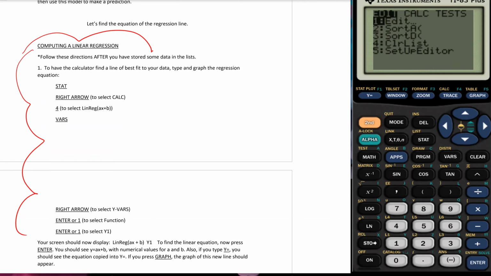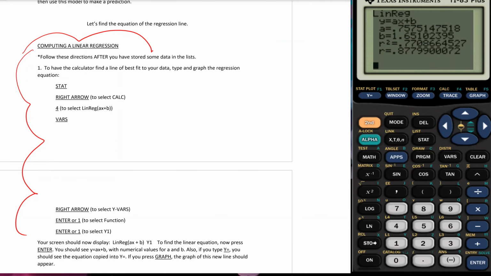by going back to stat. We're going to go over to calculate, and we're going to go down to the number 4. We're going to hit enter. But I know I'm going to do some math with this equation that I'm going to find. So I'm going to make sure that the equation I have is programmed into my calculator. So I'm actually going to hit this vars button over here by the clear button. We go vars, go over to yvars, and we're going to select the very first number, y1. Now, hitting that means that it's going to be programmed into the y equals in my graph. So I'm going to hit enter, and it gives me